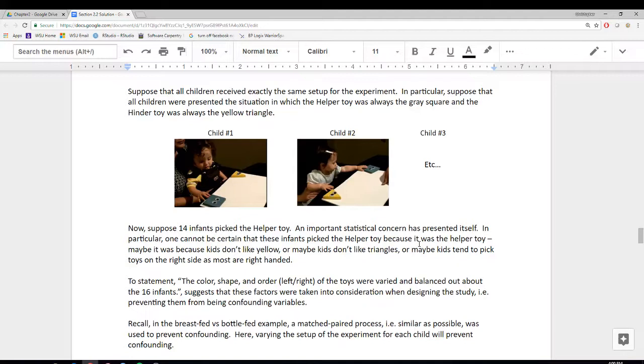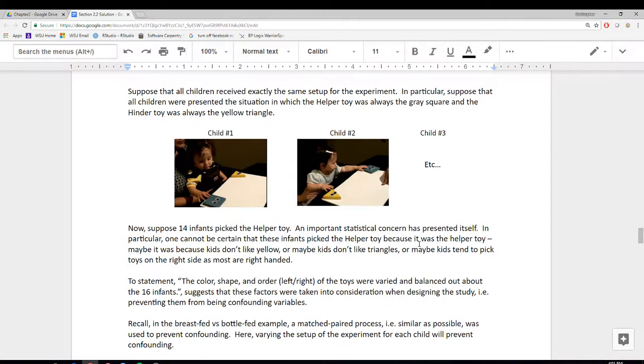Suppose that all the children received exactly the same setup for the experiment. In particular, suppose that all children were presented the situation in which the helper toy was always the gray square and presented on the right-hand side of the tray, and the hinderer toy was the yellow triangle, always presented on the left-hand side of the tray. Now let us suppose that 14 infants picked the helper toy like we had in our study. An important concern here